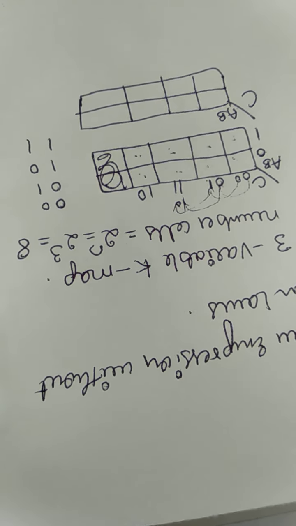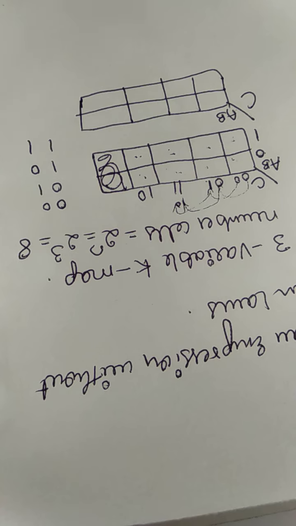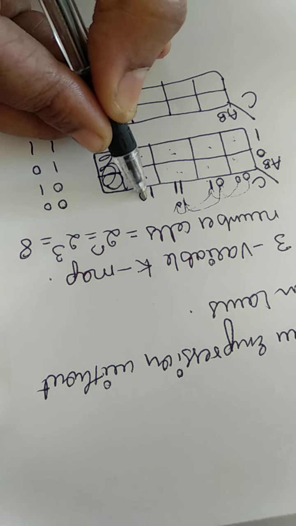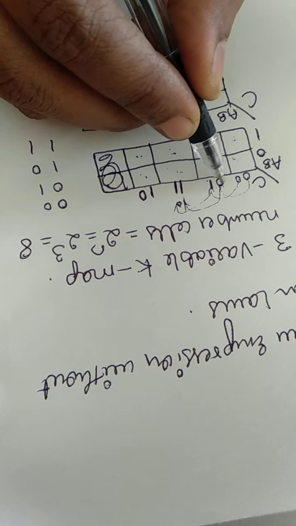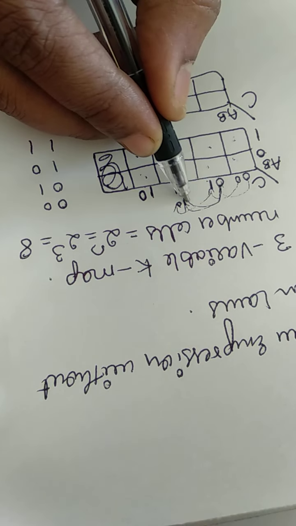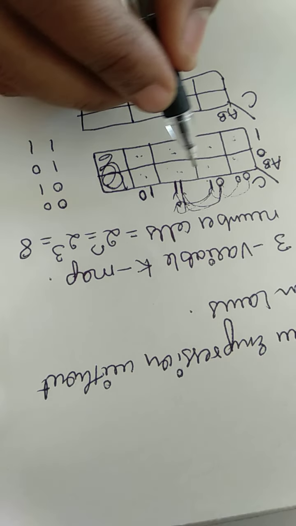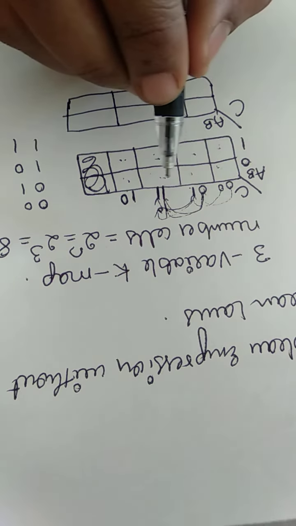So we can't change the 2 bit cells. We have to interchange the 1 bit cells. That is why I am writing 1, 1 first, next 1, 0. If I write 1, 1, check with it. 0 is modified to 1, 1 is the same. So it means only 1 bit is changed.